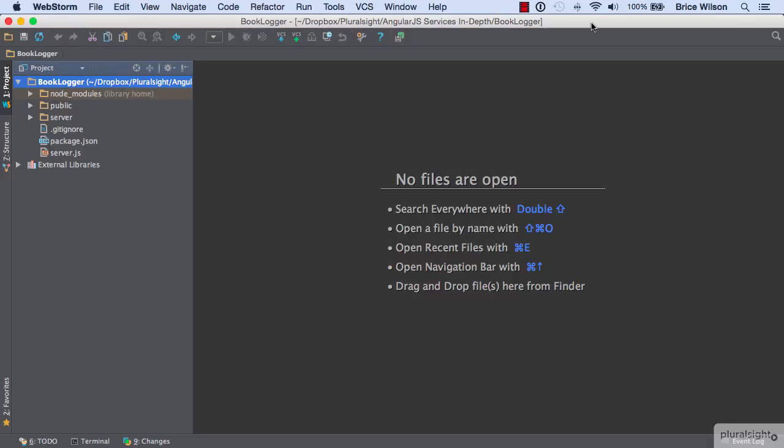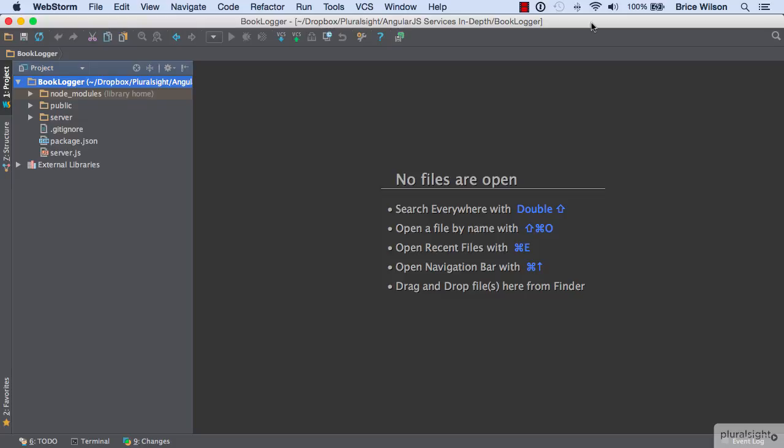Throughout the course, we'll be adding features to a very simple app I've named Book Logger. The idea behind it is that kids would be able to use it to log what books they read and for how long they read them. We'll add enough features to allow the adding and editing of books and the viewing of basic information about the